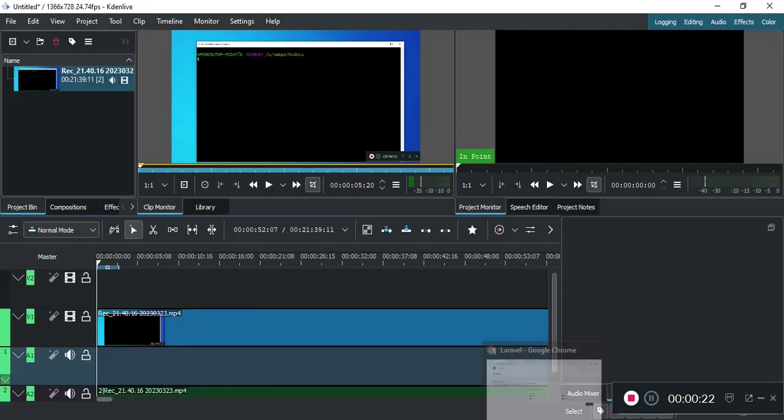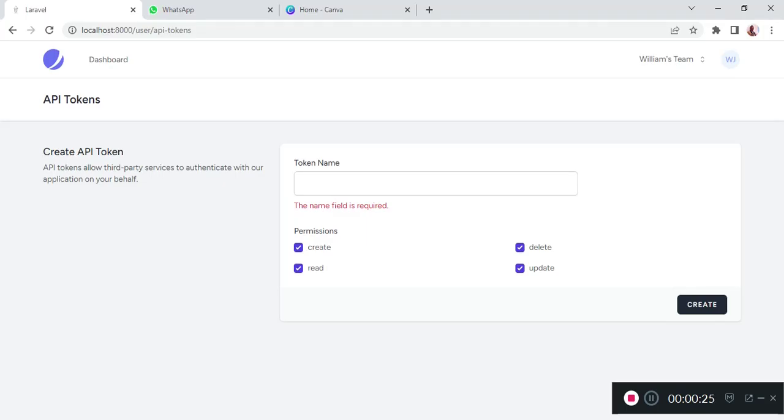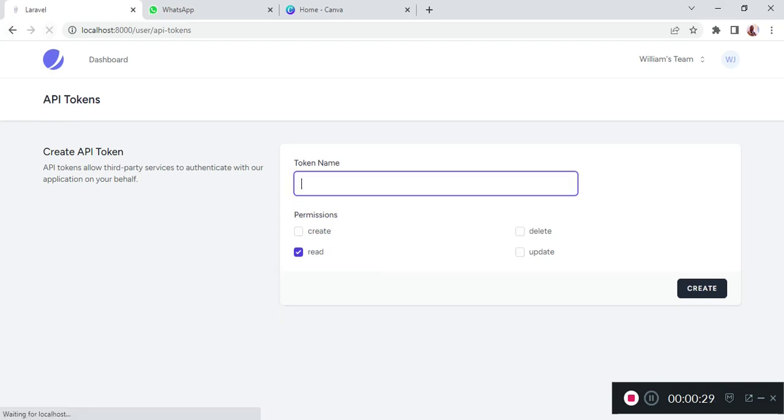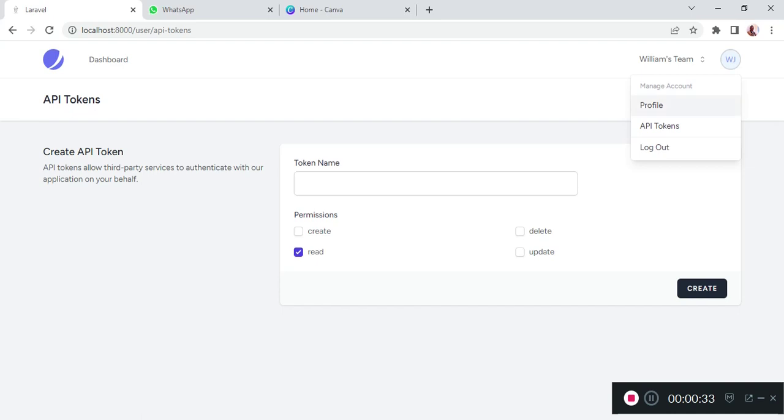And then when we refresh our application, there's a little bit more: now we have profile, where we can manage our profile,